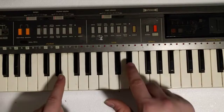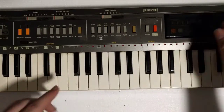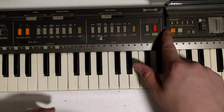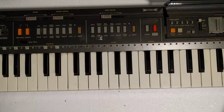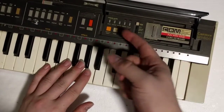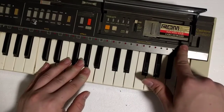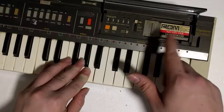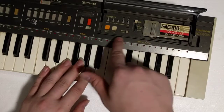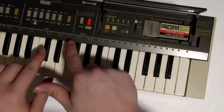These LEDs here are typically part of the Casiotone learning system, and if you flip this open, there's this melody guide. So the deal there is that this bad boy is a ROM cart that would typically contain some songs, which are going to be junk. Mary Had a Little Lamb, that sort of thing. You'd put this in, smash memory start, and then it's going to play a song and show you the notes to press here,